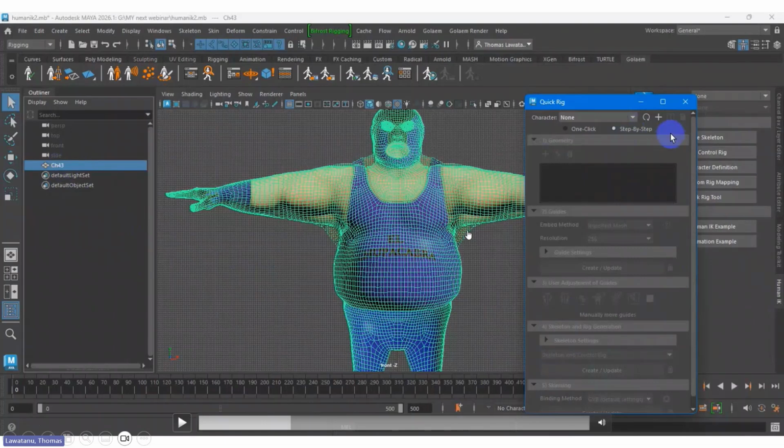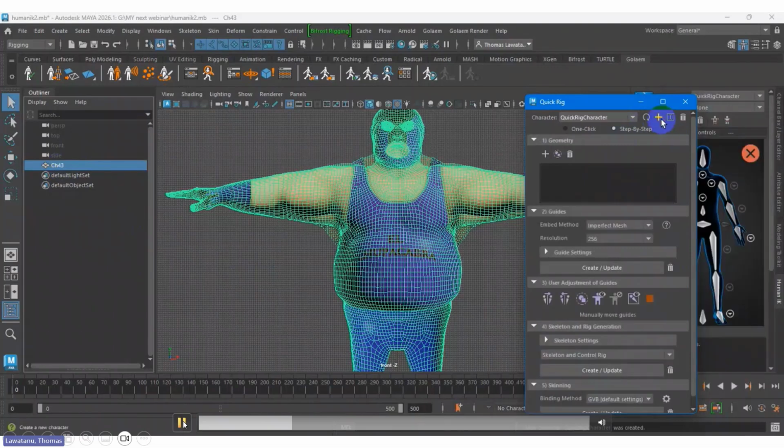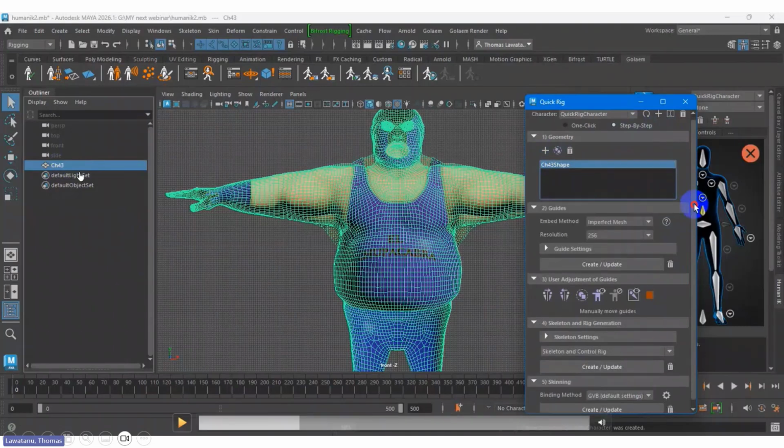So I don't have to pick the components one by one from the character in the outliner. You create it first, and then automatically the character shape is selected. But if you have a custom character where the parts, like the leg and the shoe, are separate, you need to add them.